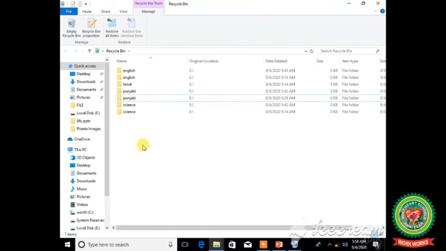Students, if you want to restore all the items to their original locations, then you can simply click on Restore all the items from the Restore group. It will restore all the contents of the recycle bin to the E drive.